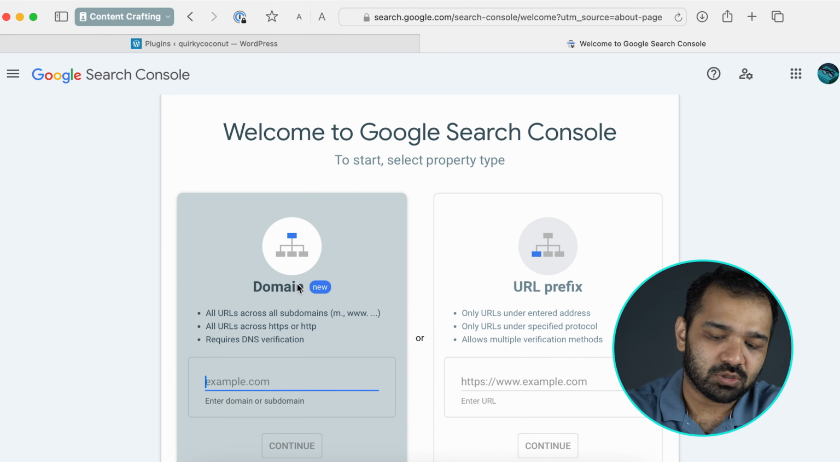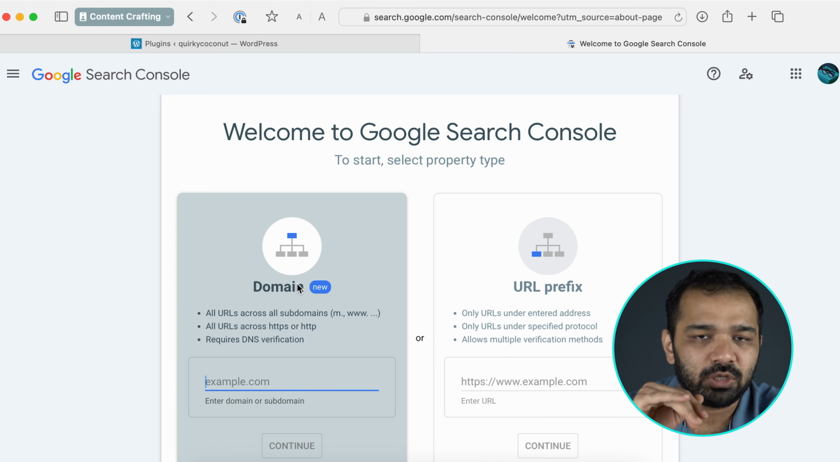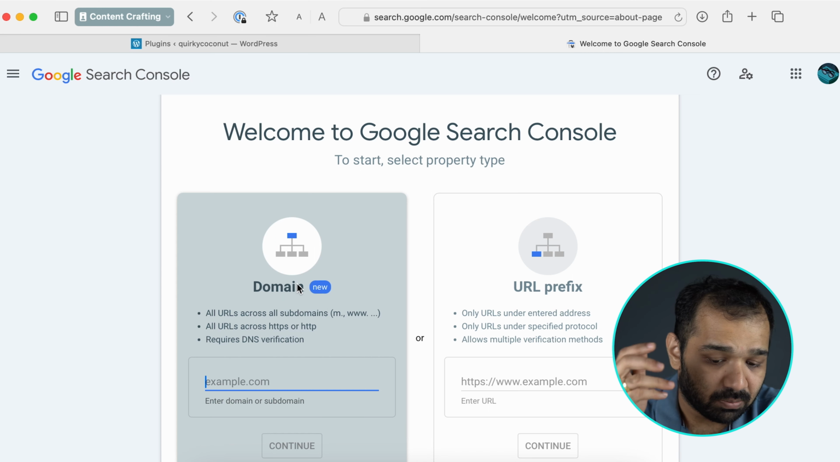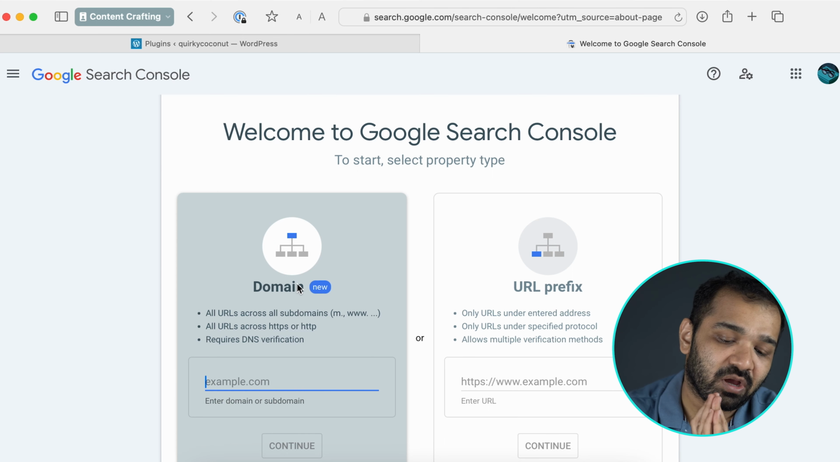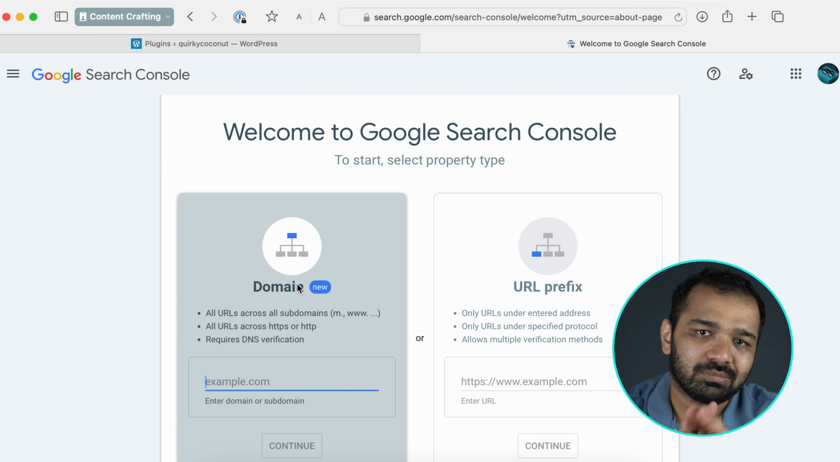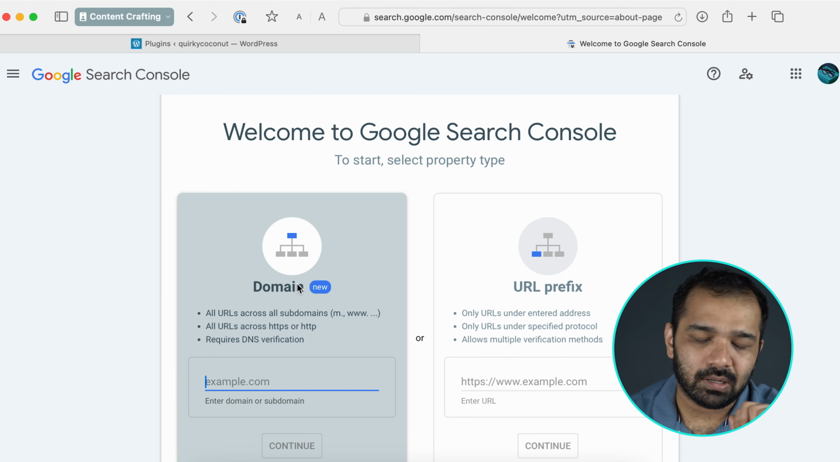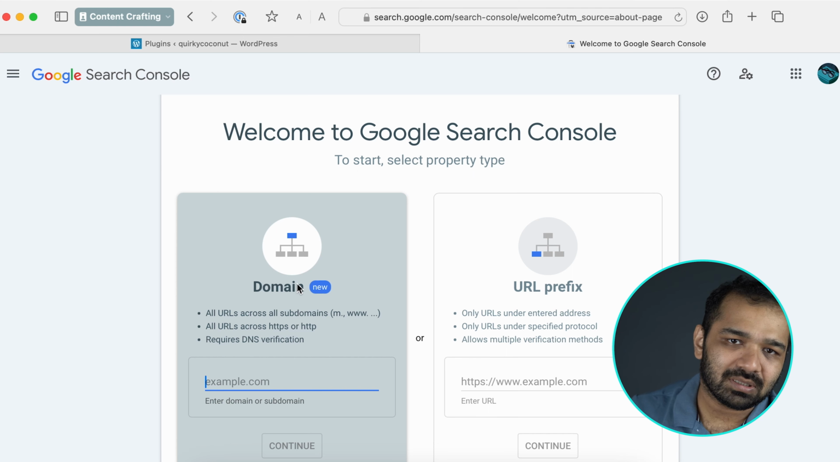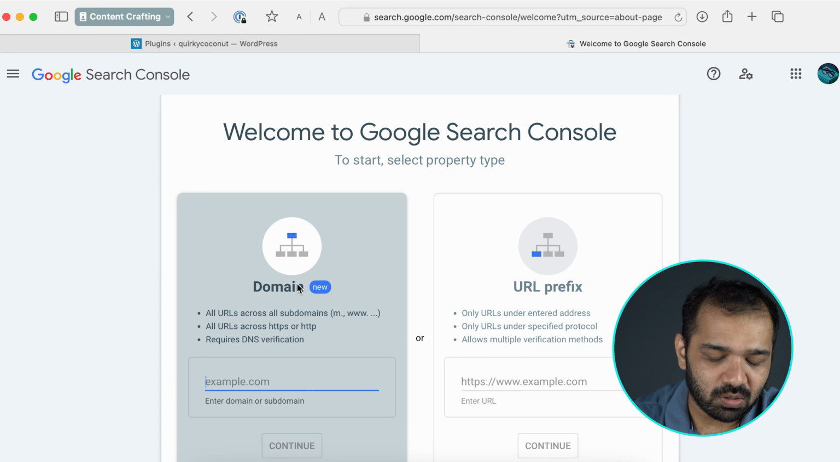Now here Google Search Console gives you two options. You can either set up a domain, where all the URLs and subdomains are included. Say for example, if you have multiple subdomains like a mobile based website and a desktop based website, so you have m.coconut.in, which is for mobile, and www.coconut.in. That's the example I'm giving, but if it's a different domain, all of those will get captured